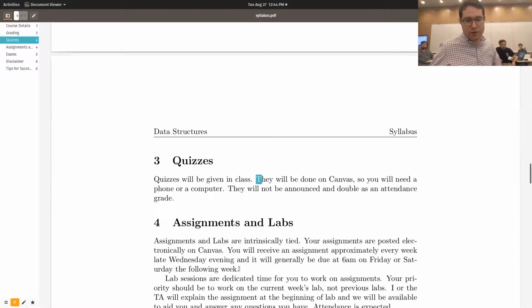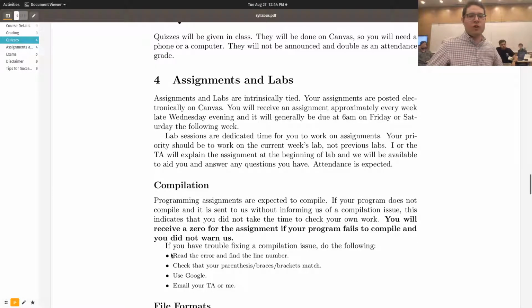Okay. So I've already talked about quizzes. Let's just talk about the assignments and labs. They're the same thing, right? I give you an assignment each week. We're going to go over the first one right after this. You can do them with someone. This first one you can explicitly do with someone and turn in the same code. Other ones you can work with other people and turn in your own code.